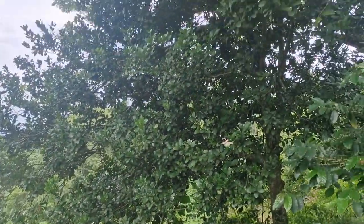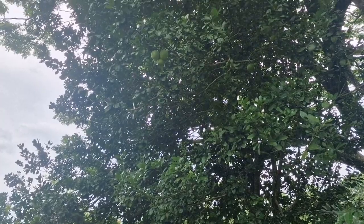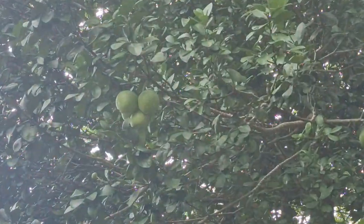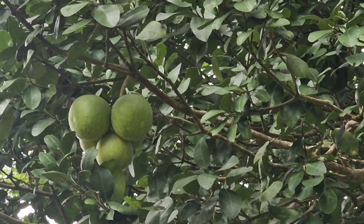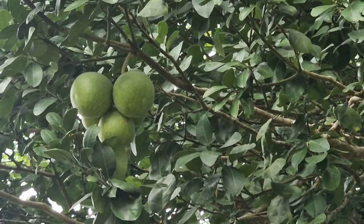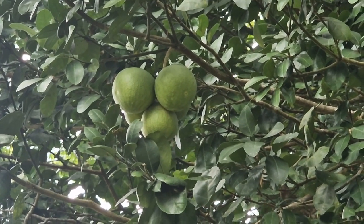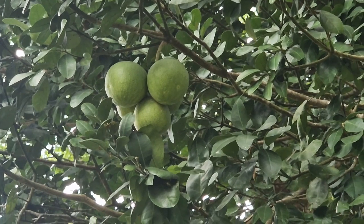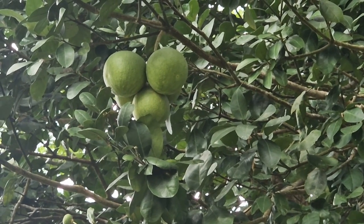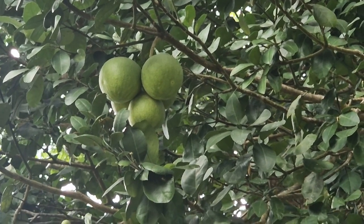I just wanted to show you here. I'll just zoom in on the right bit. This is a pomelo tree, and there's some pomelos there growing. There's 3 of them there. We make some jam out of this. It's much more like a marmalade. It's really tasty. It's great having your own home cooked jam to have with